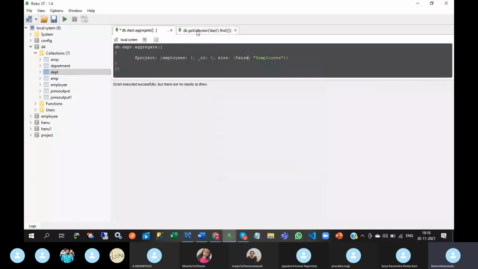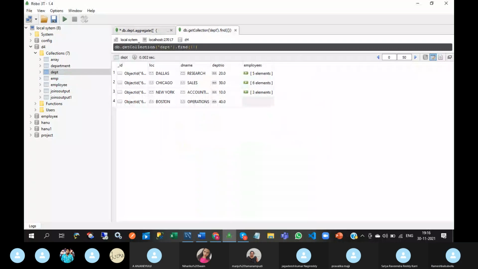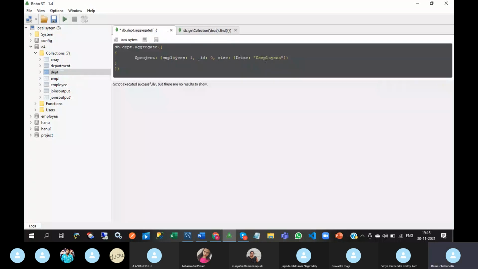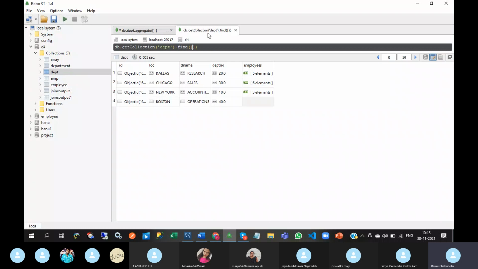So why is it getting an error? In order to apply this size operator, that employees field should be an array. Otherwise, you will get an error. But here, one of the documents is having null or empty. So that's why it won't work.